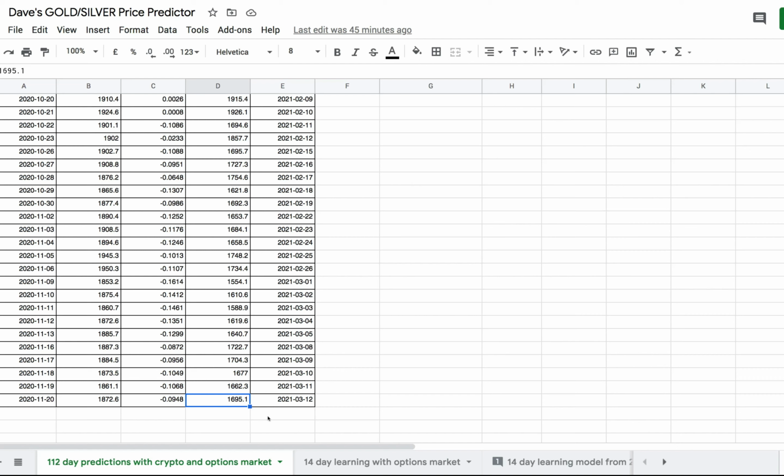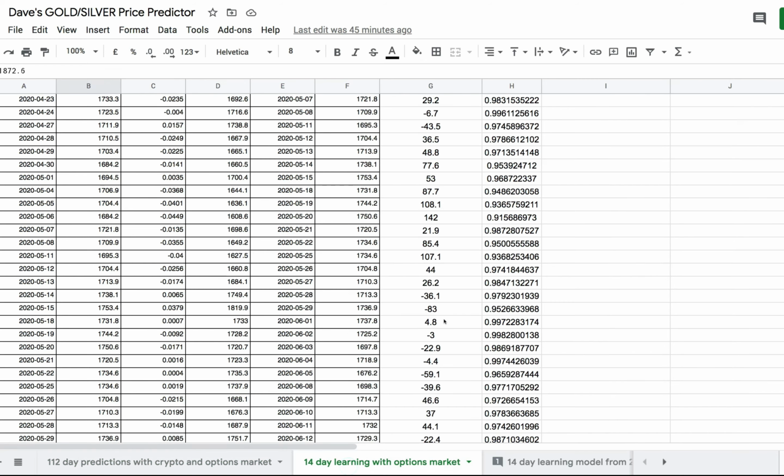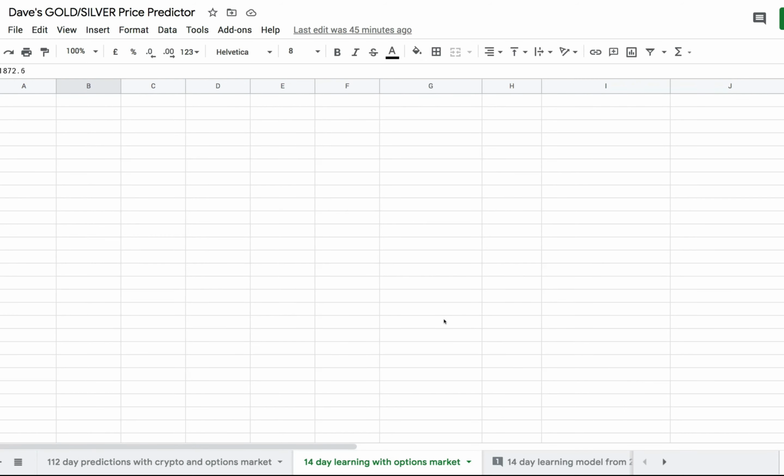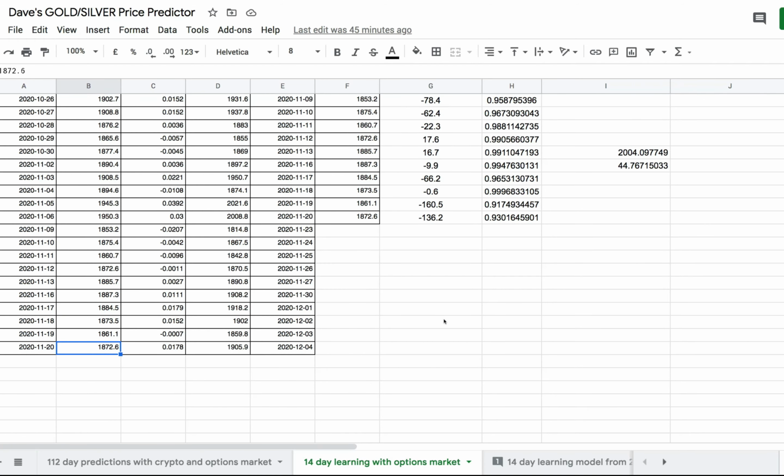So that is the limitation, but it is a useful tool to know that if the status quo is maintained, you can expect $1,600 gold. And it's also important to know that, for example, right now we can expect the status quo at least until December, so the 14-day model should be relatively accurate. We shouldn't see lower than $1,800 gold, but we shouldn't see $2,000 gold either. It will be somewhere between there.